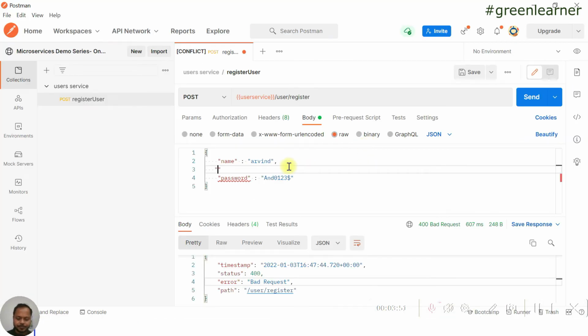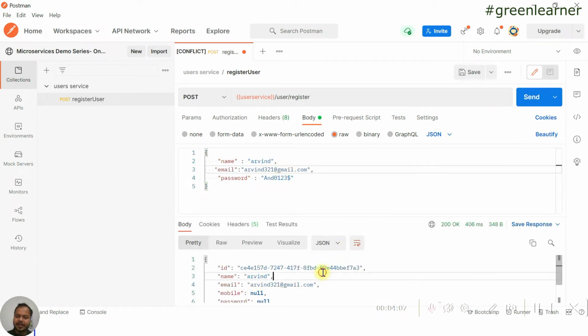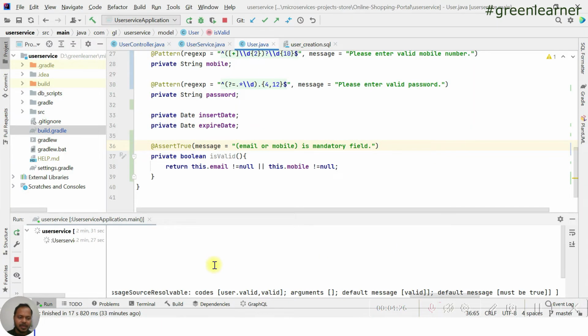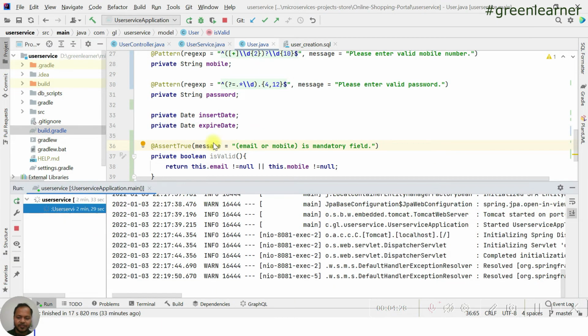But for now, just give the email field here and let's see the other message it is giving. And remember, it should also be unique as per the database constraint. Just send this again, see what it is giving. Yeah, it got executed now, because everything is as per the requirement that we have. But what if we are not following the pattern, and we just give this one? Again it is going to give us the bad request, but this time we are going to get the exception for that one differently.